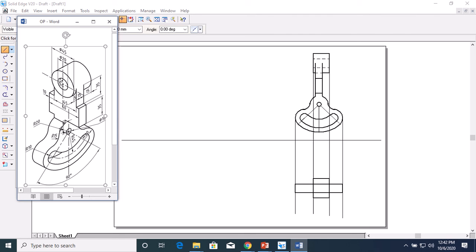So this circle is in the lateral direction. So this portion of the rectangle is shown in hidden line.